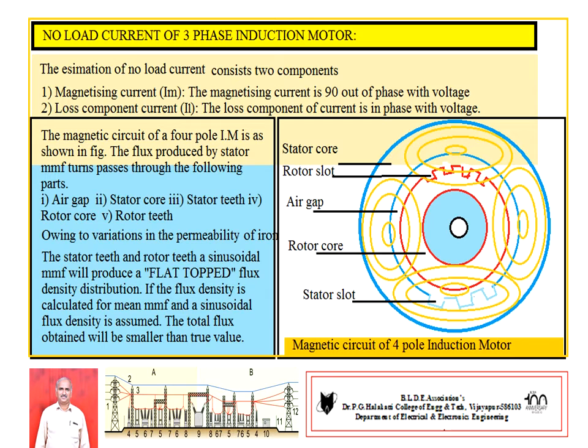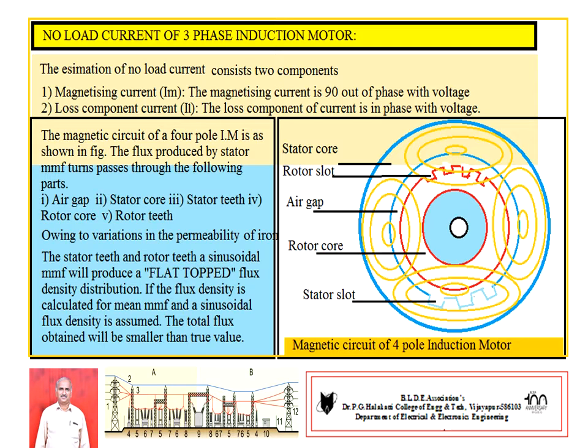As shown in the figure, it shows the magnetic circuit for a four-pole induction motor. You see there, these all things are imaginary. A four-pole machine consists of four main poles, so two north poles, two south poles. The magnetic flux completes its path from half of the north pole to half of the south pole. In a similar fashion, it completes four magnetic paths.